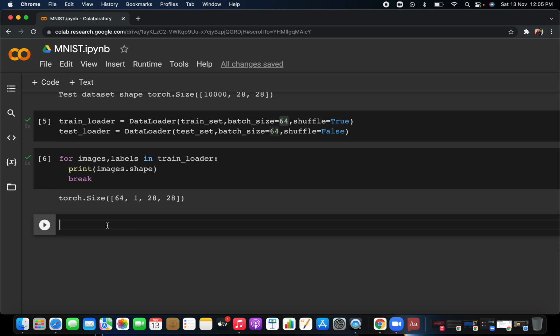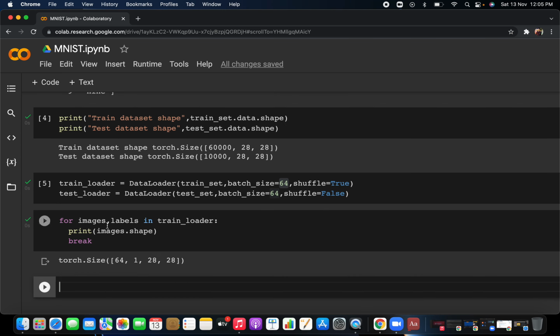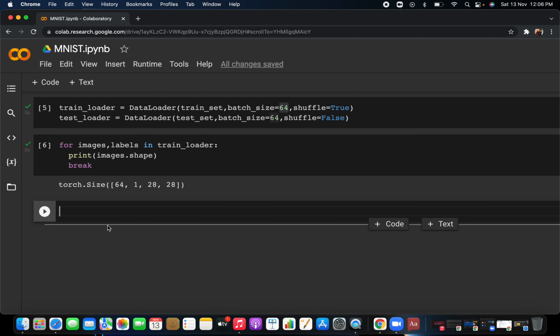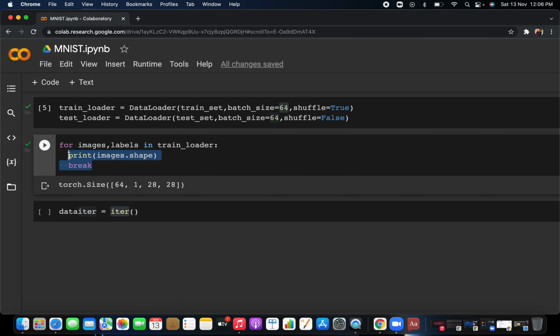The next thing you can do is see it with the help of an iterator, because we have to visualize this dataset. So how are you going to visualize this data? You can write data_iter. I think you know that iter makes an object so that it's more memory efficient. Whenever you make the data_iter and write iter, it holds the object, so that whenever you call next, it iterates one batch at a time. The first one you are just implementing is the batch, that's it.